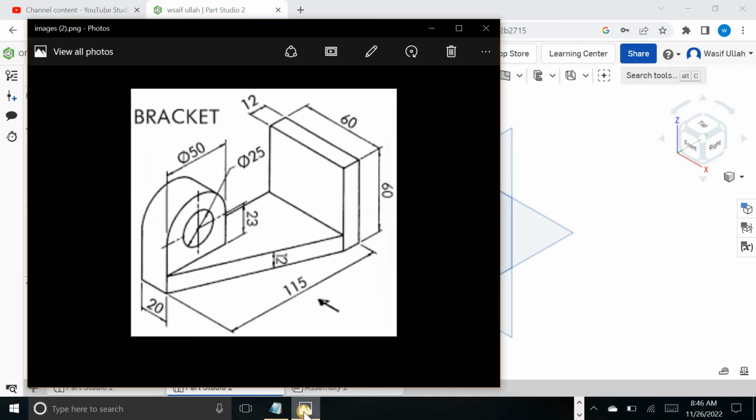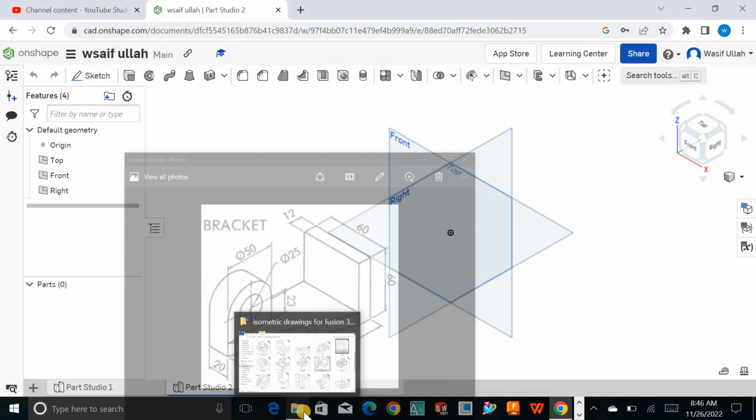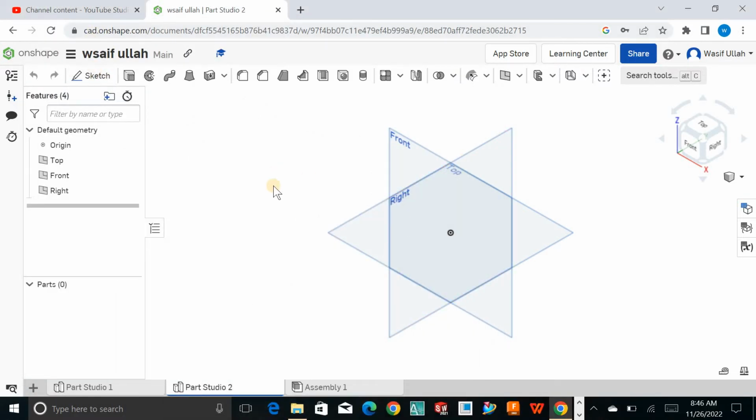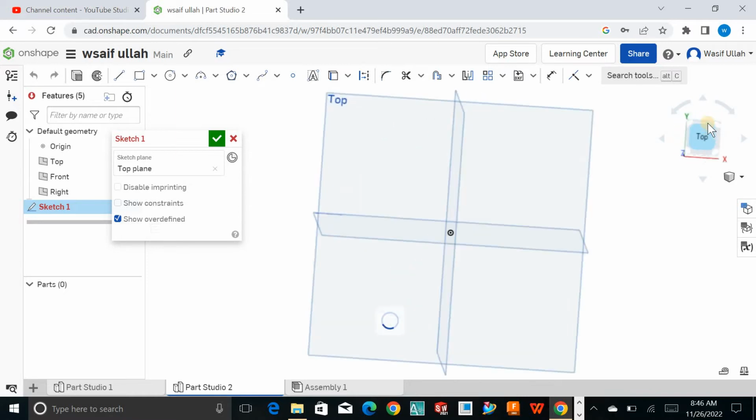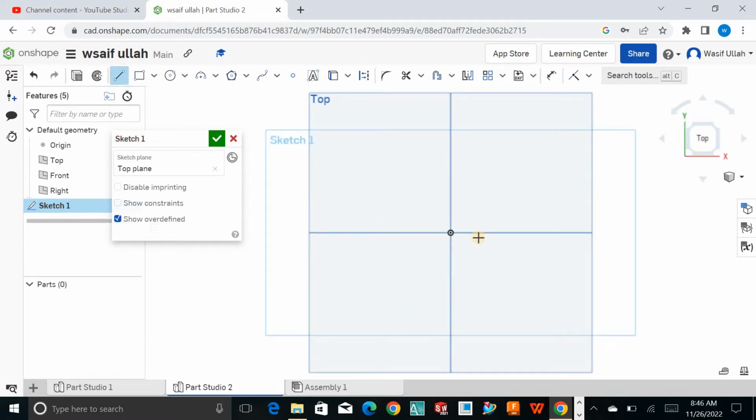Today let's just try out to make this simple exercise inside Onshape. So let's just make this part. Open the Onshape, create a sketch, choose this top surface, make it normal to you, and I'll just start sketching